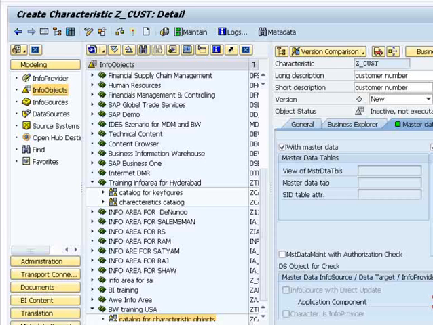Here there are three options: either you want the short text, or medium length, or long text. It makes sense to load medium text or long text if the source system is providing the data. For example, for the customer, if the source system is providing data in the long text, if they are giving some description about the customer, then you want to